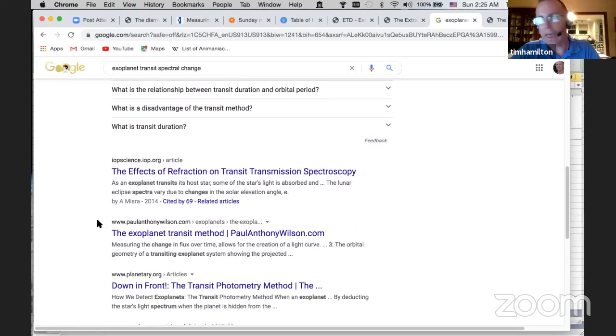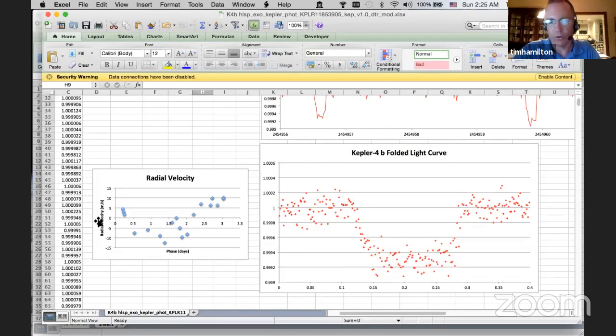But anyway, as the planet transits the star, it will cover. Let's imagine, I'm going to stop sharing my screen, so you'll be able to look at me. All right, so let's imagine that we've got the star here, and it's rotating counterclockwise around its axis. And let's imagine the planet is also rotating counterclockwise around its axis as it comes around. So they're rotating the same direction, and the same direction as the orbit.